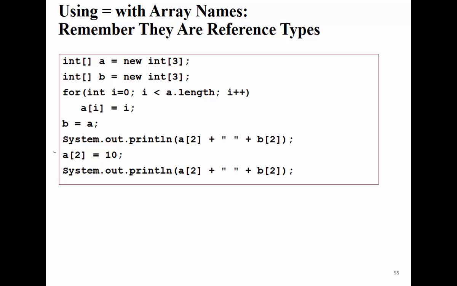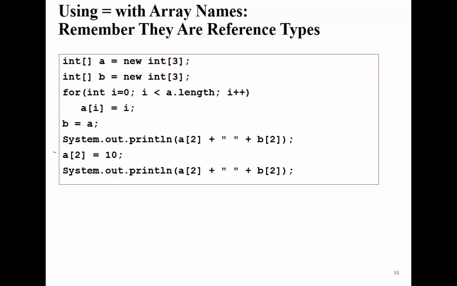And now we execute this statement saying P is equal to A. What is the effect of this statement? It is making P point to the same array as A. We're not copying A and assigning it to P. We don't make a new copy of A. Now we have 3 elements of type integer, and we can access these 3 elements using A or P. So we print element 2 from A and P.